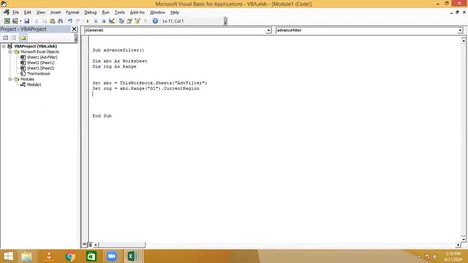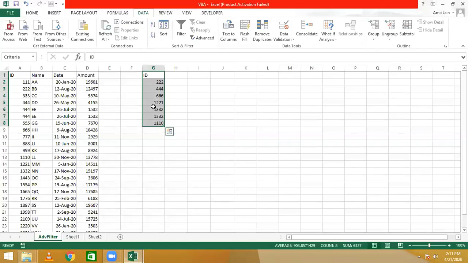Okay. Now we will write the code for advanced filter. We wanted to take the data from ABC. So ABC.Range. What is the source range? It starts from A1.CurrentRegion.